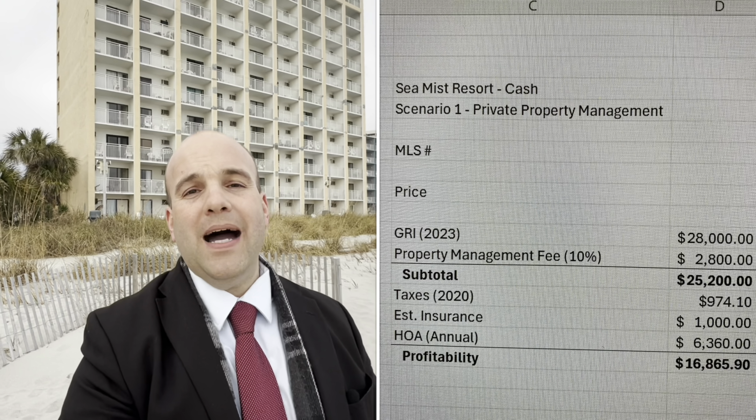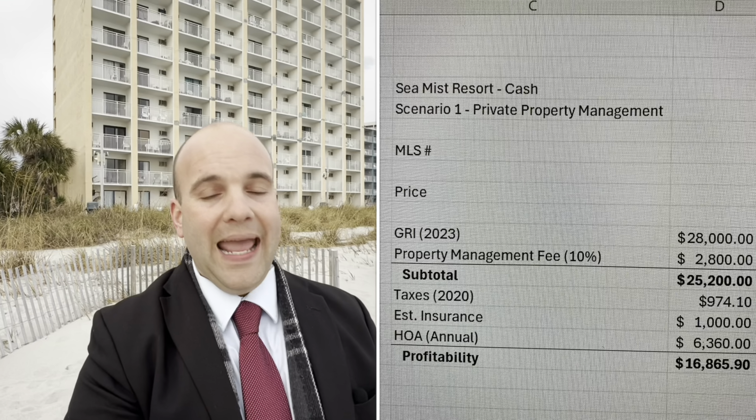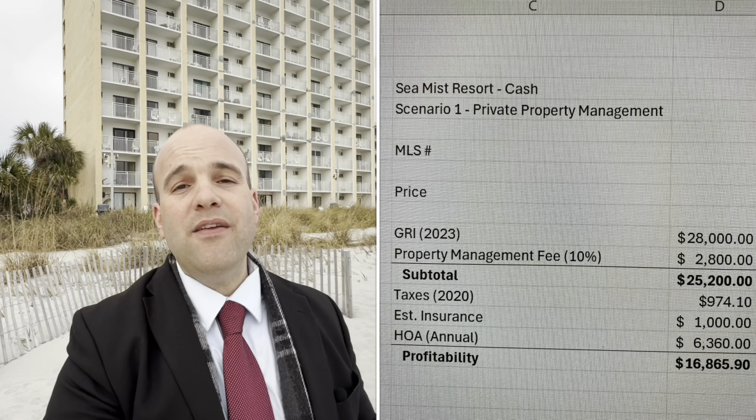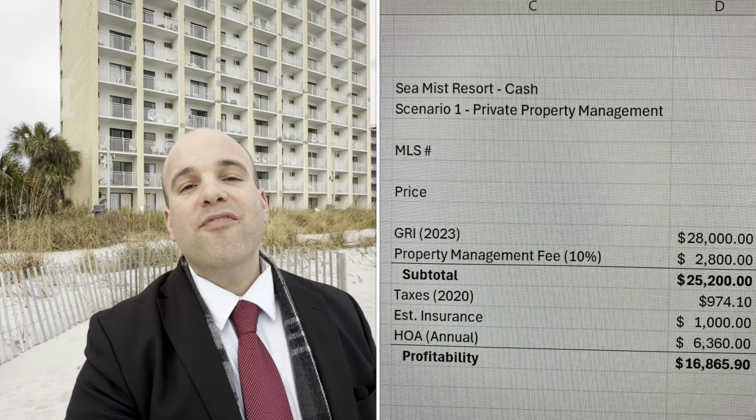Now, also keep in mind, in South Carolina, you are going to have to pay a property tax on items like your furnishings, your furniture and stuff in your oceanfront condo. So that is not included in this estimate. Now, your annualized HOA dues. The HOA fees here at the Sea Mist Resort are currently $530 per month. Multiply that by 12 to get your annualized HOA dues, and we're talking